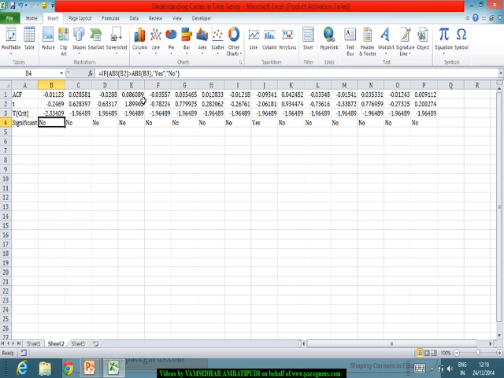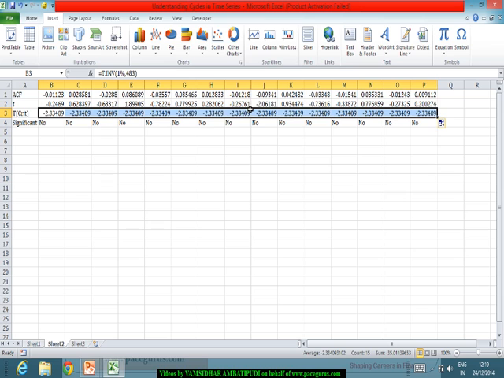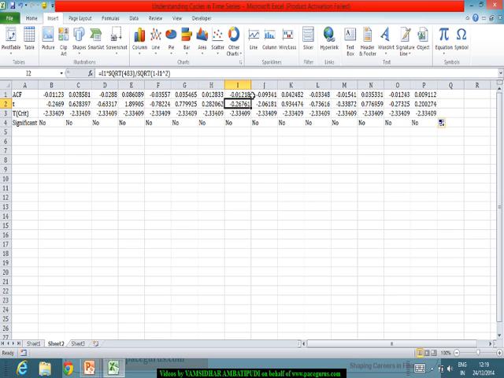But if I go with the 1% level, probably even that is not looking significant, right? So which means the autocorrelation function